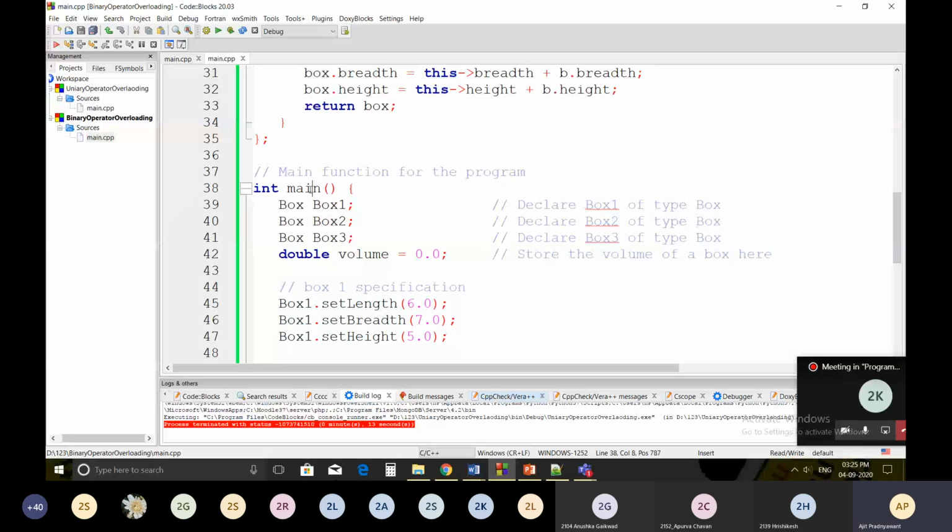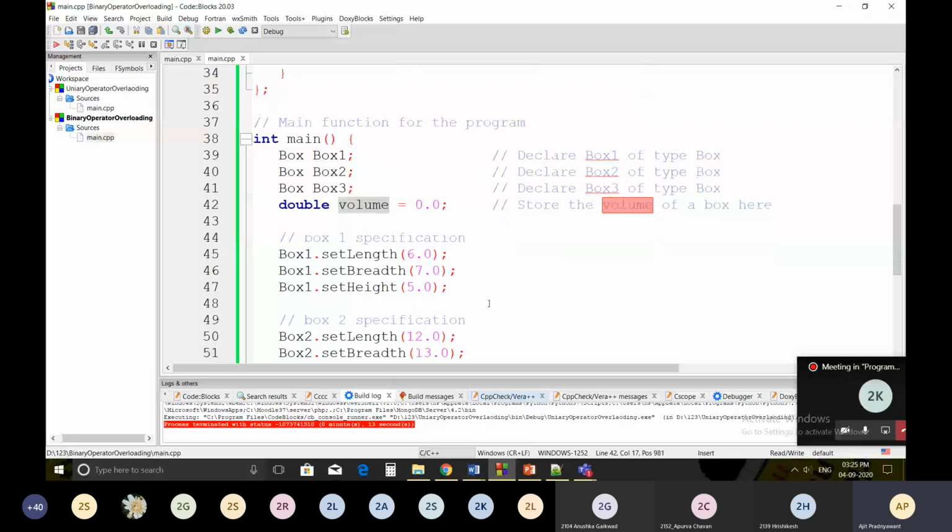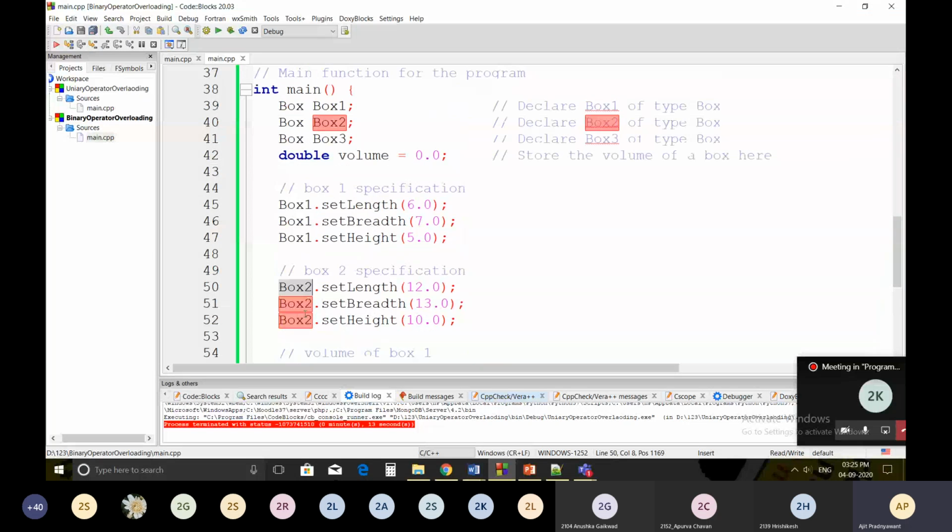Now in the main, we have created three objects, Box1, 2, and 3. Then we have initialized the volume to 0, and we have set the length, breadth, height for Box1 and Box2 to some values. Here the length is 6, breadth is 7, height is 5.